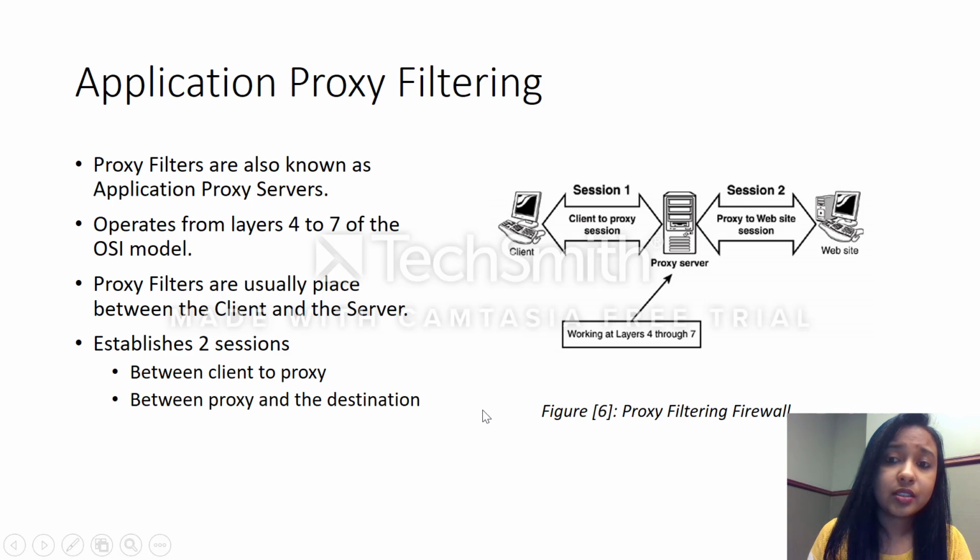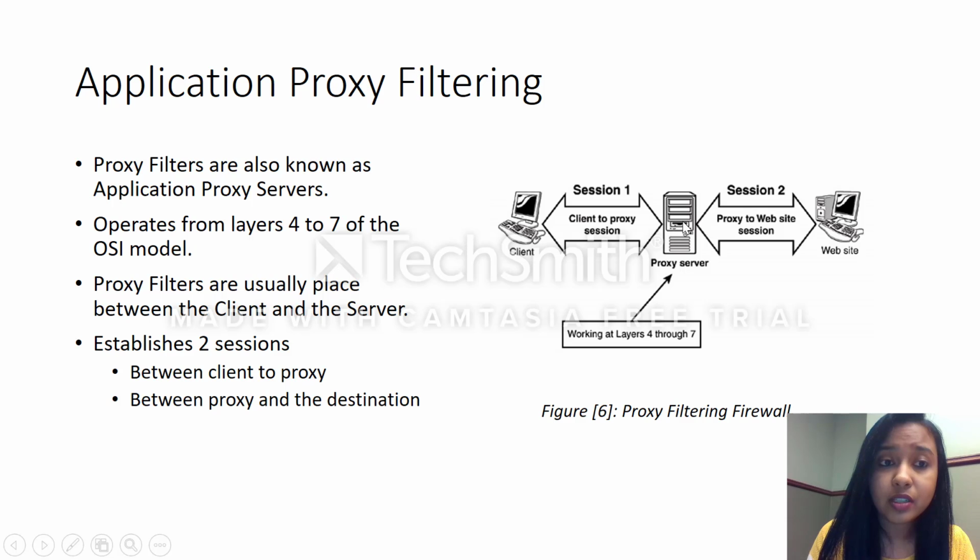Application proxy filtering. This is similar to a proxy function. Like when there is a proxy server, it creates two different sessions: one from the client to the proxy server, and another between the proxy and the destination website or the destination server. So when there is a traffic flow,